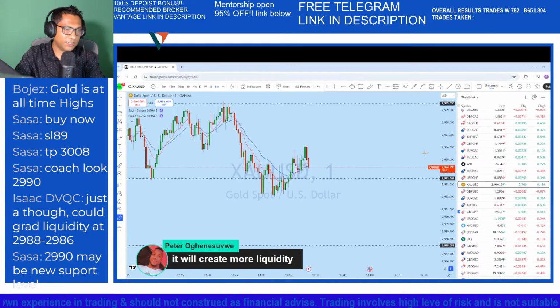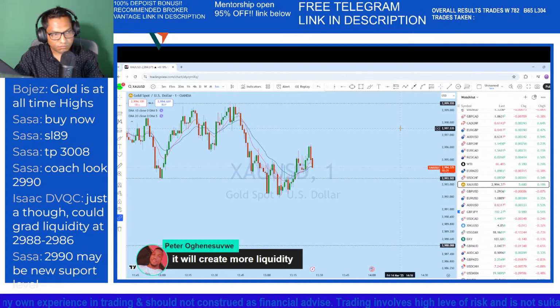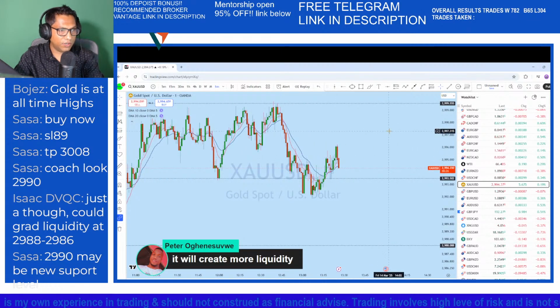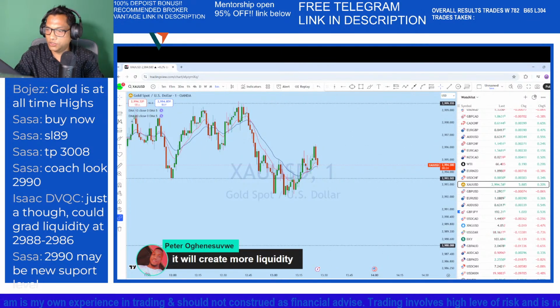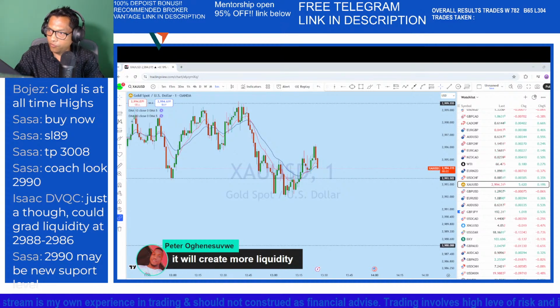Today we see that it's the last day of the trading week, and the market is a little sideways at the moment. We will be waiting for the price to show its hand, and then we'll look for entry.